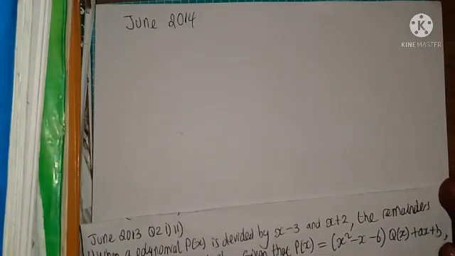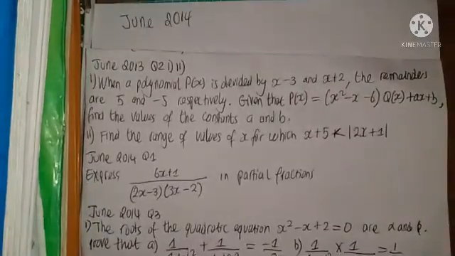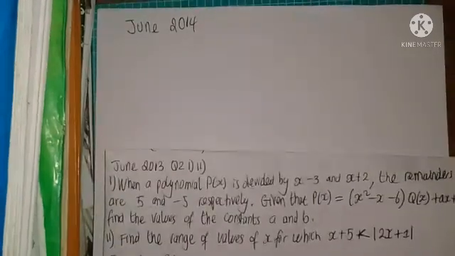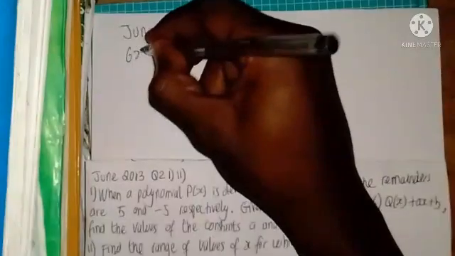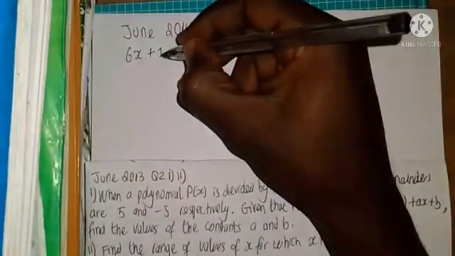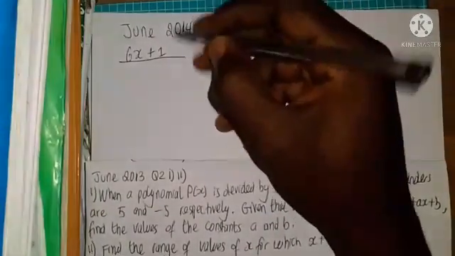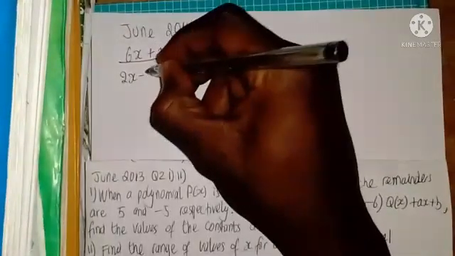Okay, so in this video we're going to be tackling questions from 2014, and one of the questions on the topic which we have solved so far in 2014 comes from partial fraction, which was actually the first question here. So the question says: express (6x + 1) divided by (2x - 3)